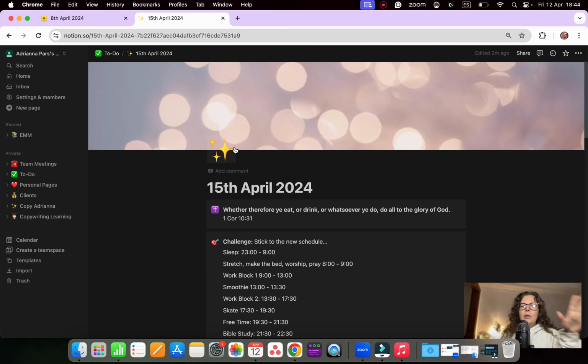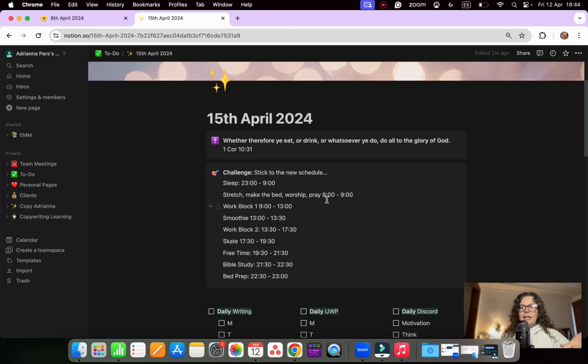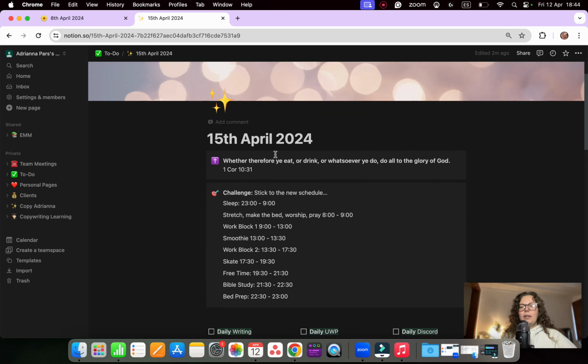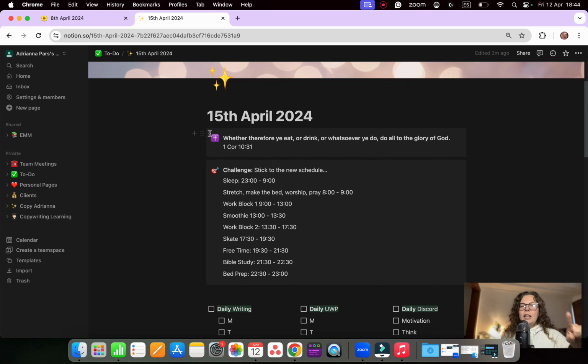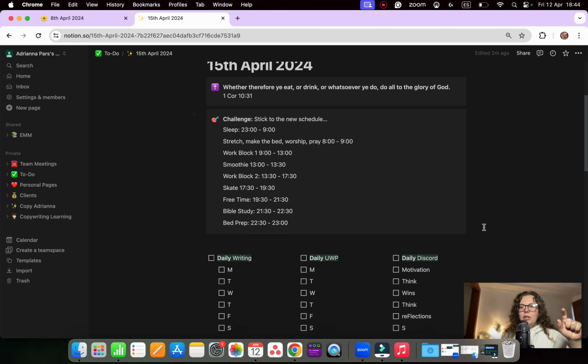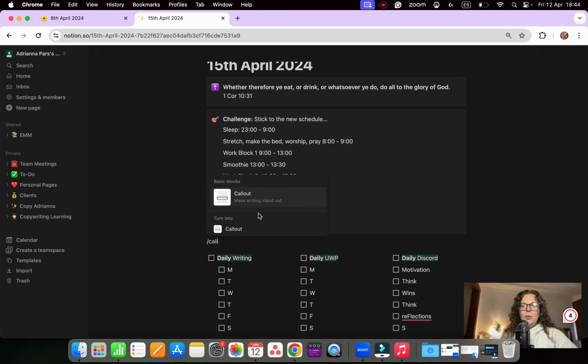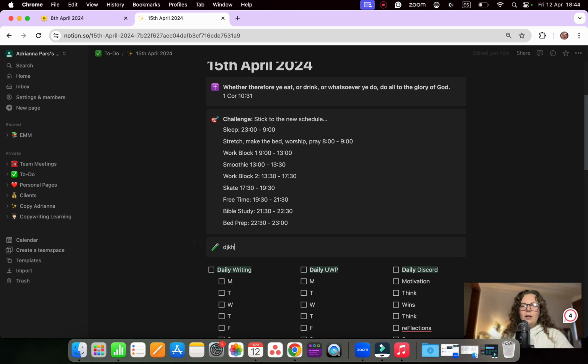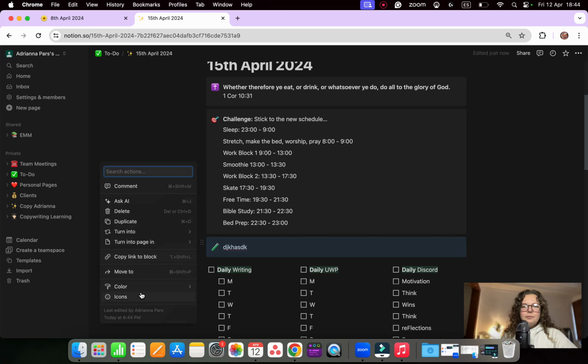So, I always set a theme for my week. I always have a challenge as well for myself, and it's just really nice to have it inside this document that I look at daily. And I like to have a Bible quote. You can have whatever you want here, but to create these little boxes, what you would do, I love Notion, as you can see, I'm a Notion geek, you would do a callout, and then the callout gives you this kind of box.